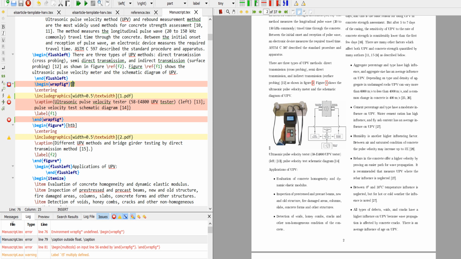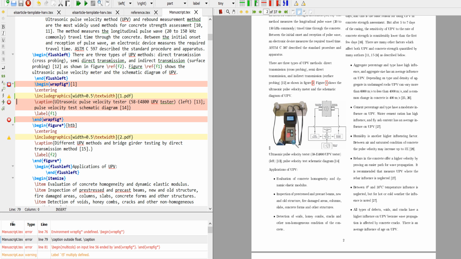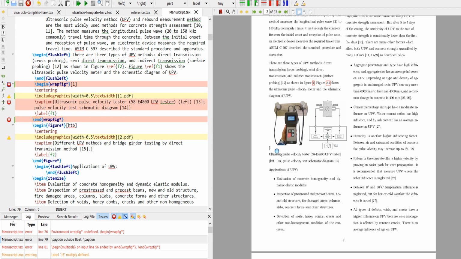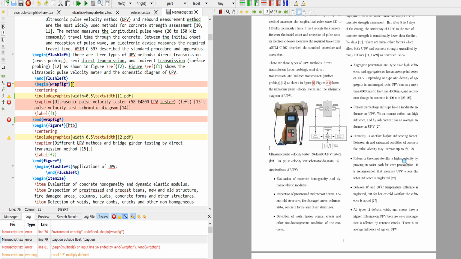If you say it is L left, it will be left in here, and like that. So this is the rough figure, but the rough figure has the problem that it has no control over the text. So